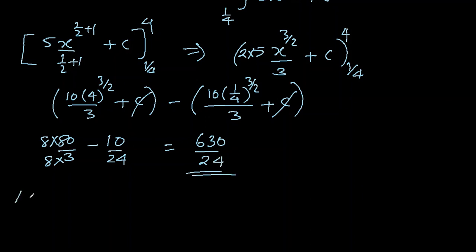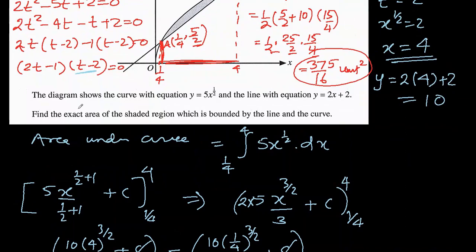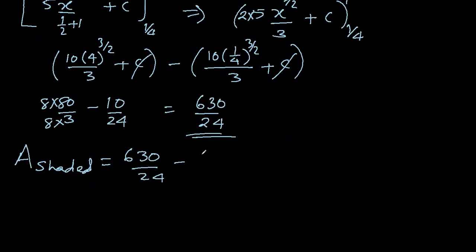And now we have to find the area of shaded region. That's what our plan was. From this area we just got, we will subtract the previous area that we got, which is they're saying exact area. Can you see? We subtract 375 over 16. For that I'll need to use my calculator, and by the time I use my calculator,